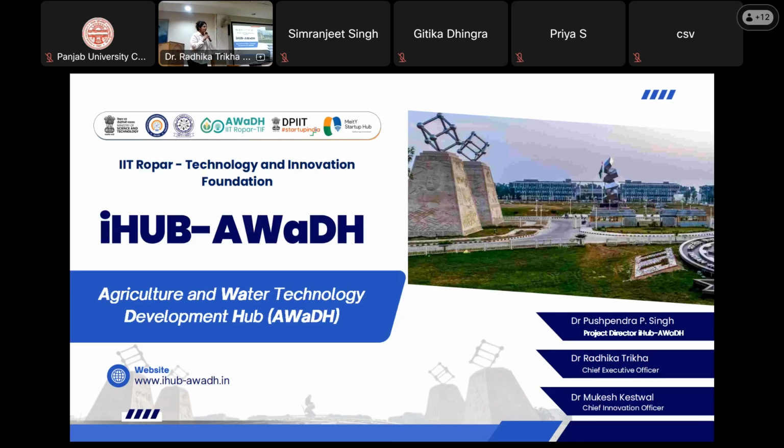I am presently coming from IIT Ropar, and the entity is named IIT Ropar Technology and Innovation Foundation. Its nickname is AWaDH, you can see there. AWaDH stands for Agriculture and Water Technology Development Hub. So we are working on emerging technologies such as artificial intelligence, cyber physical systems, Internet of Things, and other machine